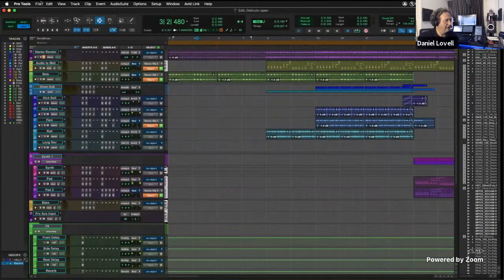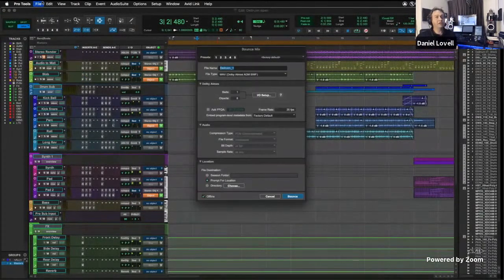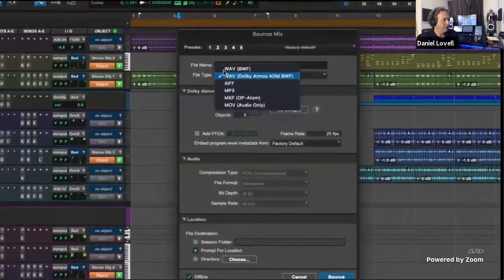So of course it's available here in the menu, but now it's nice that my bounce mix window is on a keyboard shortcut. For those of you who work in post, having to use a menu item to get to the QuickTime bounce all of the time, or maybe a shortcut on a Yukon device, was just something that took a little bit of extra time. So it's nice that it's under a shortcut now. If we have a look here at the options that are available,